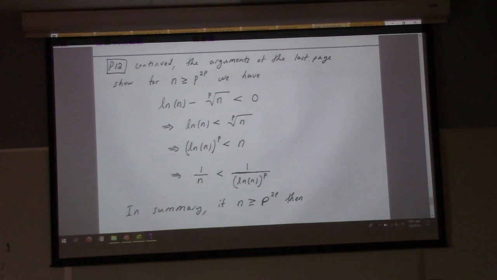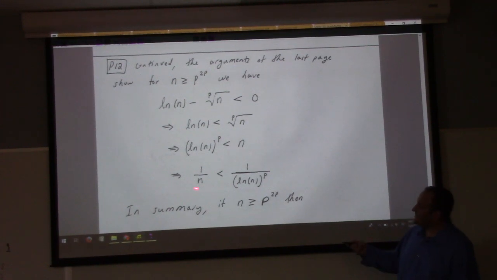So rather than solving the 1 over natural log of n to the 10th power problem, I figured I might as well solve the 1 over natural log of n to the pth power problem, since it's the same annoyance. This is a particularly ridiculous example of direct comparison test. Check this out. This comparison requires n to be larger than p to the 2p. So for p equals 10, the direct comparison starts at 10 to the 20th. That's the problem we looked at in class and got stumped on, right? And now we see why. Because this is a dastardly problem.